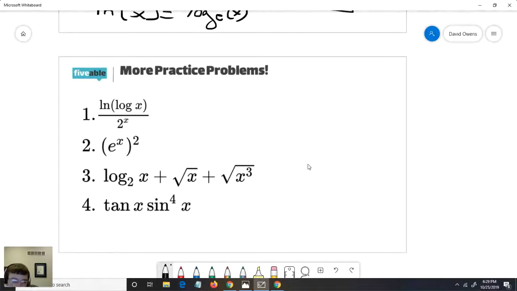So if we look, we always want to start, even with the chain rule, like with derivatives in general, you got to work from the macro level to the micro level. So you can see that the whole thing is encased in a quotient rule, which means we're going to have to do the quotient rule first. So we're going to have the bottom times the derivative of the top. Now the derivative of this, you can see we've got a log base 10 inside of a natural logarithm, or a log base e. And so what we're going to do here is take the derivative of the outside